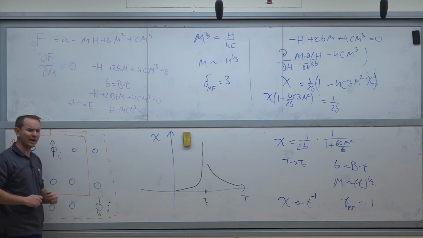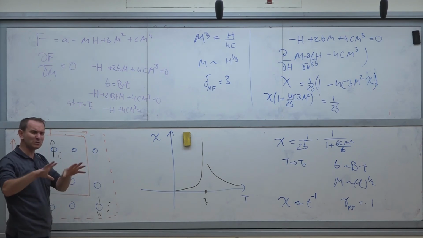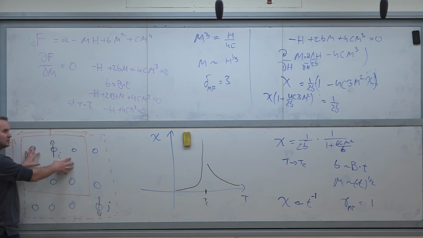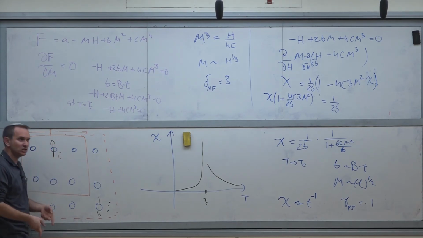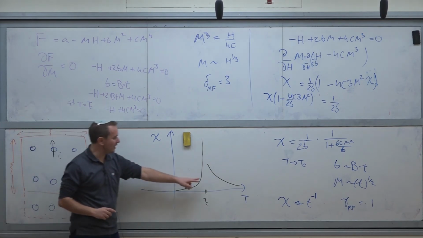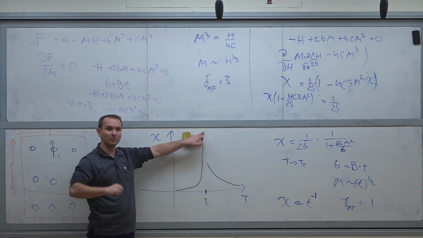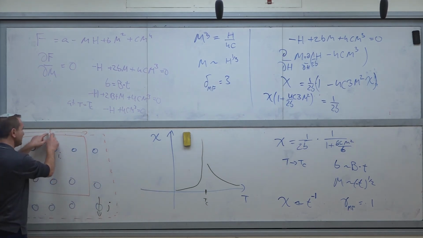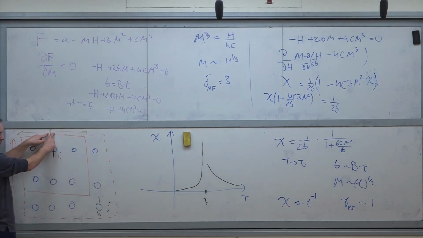Usually I apply a small field, and some small portion of the system changes its behavior. When the whole system behaves exactly as one particle, when this particle or any other particle in this cluster changes its direction, the whole system jumps, and this is why I have a huge susceptibility. I apply a small field, the whole system changes its direction, and this basically means that the correlation length inside the system,